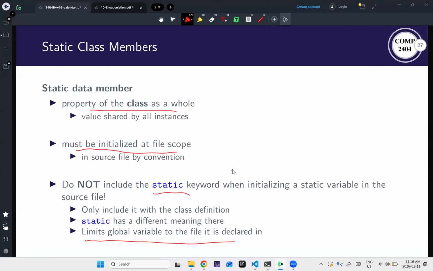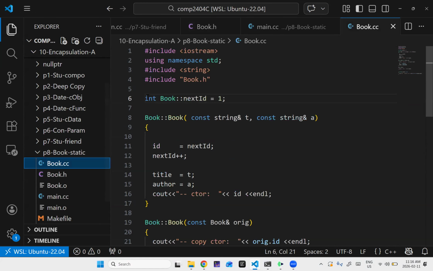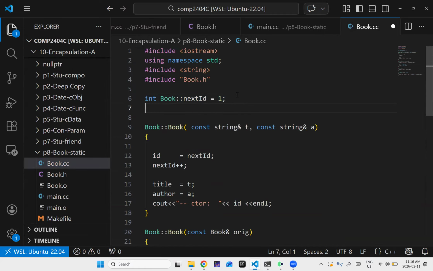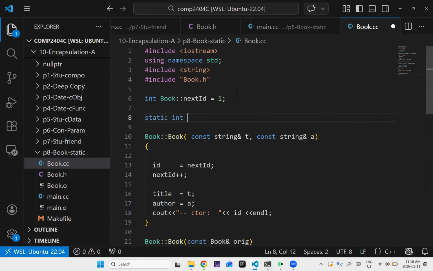Be careful of the static keyword, right? Important to note, we used static here. We did not use it here. We used the scope resolution operator. Technically, I think we talked about it before, but static means a global variable that is sort of local to this file scope. So you can use it in this context, but